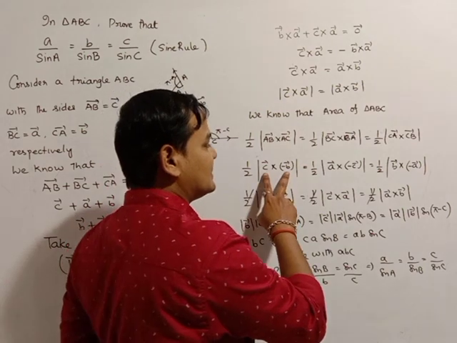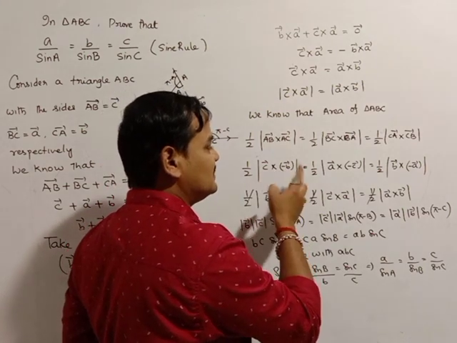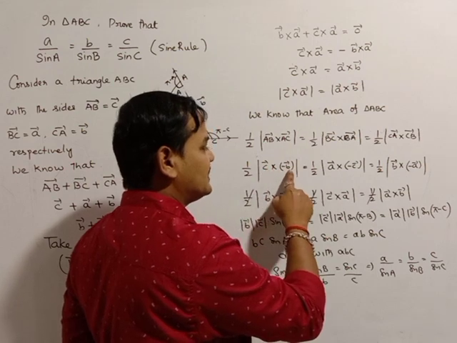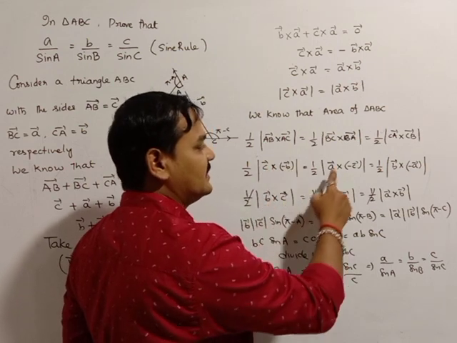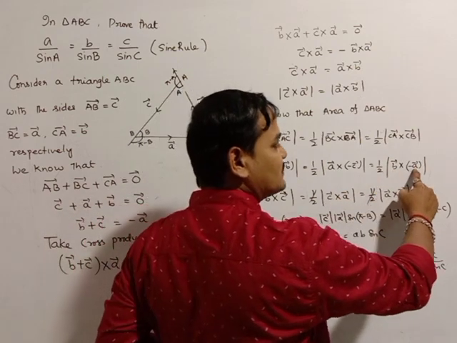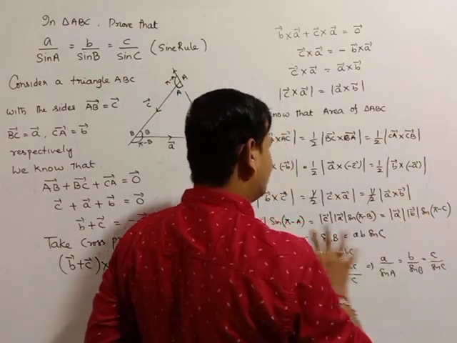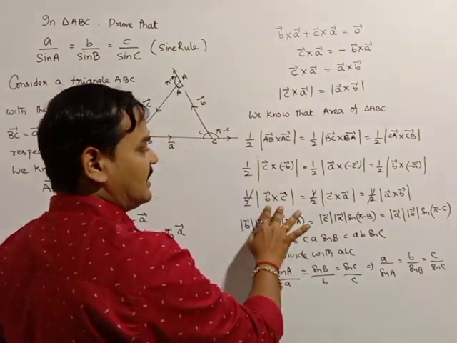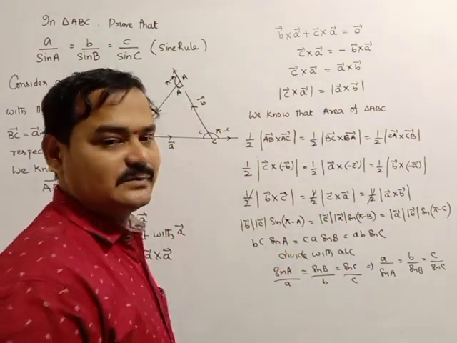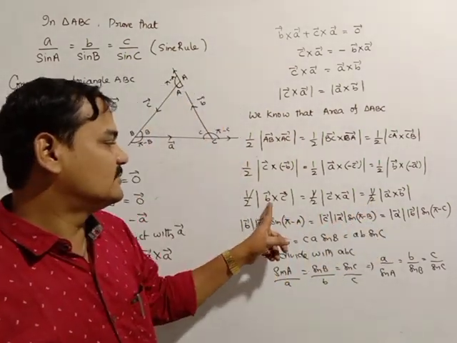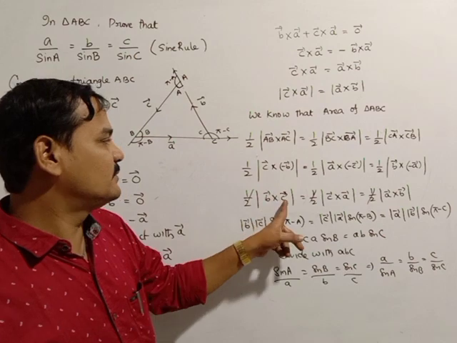See, when two vectors are interchanged, the direction will change. So the minus becomes positive. So c bar cross minus b bar is equal to b bar cross c bar. a bar cross minus c bar is equal to c bar cross a bar. b bar cross minus a bar is equal to a bar cross b bar. In all three, 1 by 2 is common, so I can cancel it. I applied the formula for the modulus of a bar cross b bar: mod a into mod b into sine of the angle between a bar and b bar. So mod b into mod c into sine of the angle between b bar and c bar.